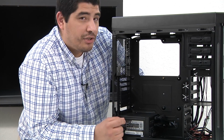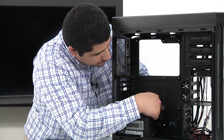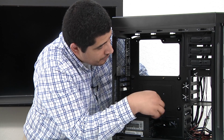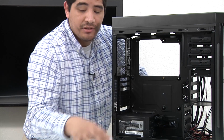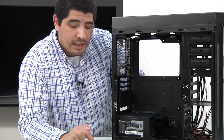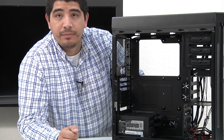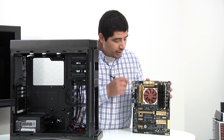Now you do want to do a quick count, considering how many headers you're going to have to screw into. By default, most motherboards are usually going to be either 8 or 9, and that's also going to be reciprocated on the motherboard. So in a moment, we're going to show you those spacers and thread points on the motherboard. Okay guys, so you can see here we have our Z87-PRO motherboard,